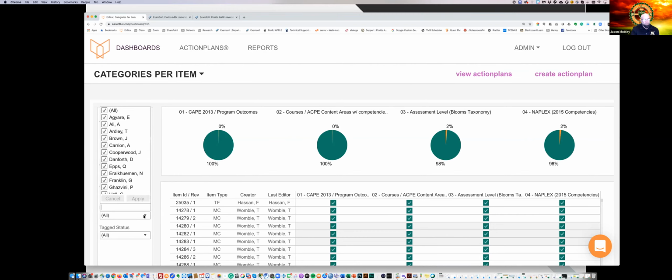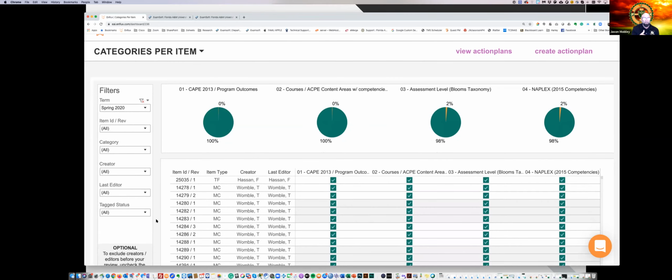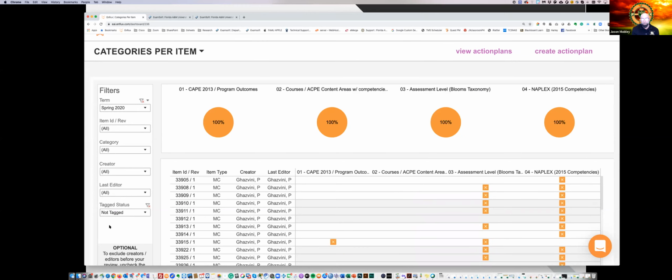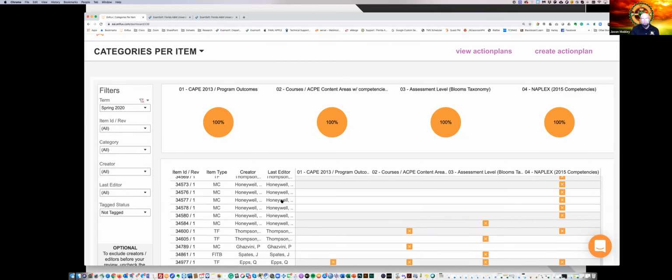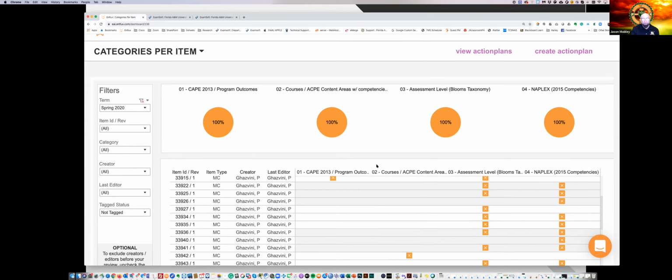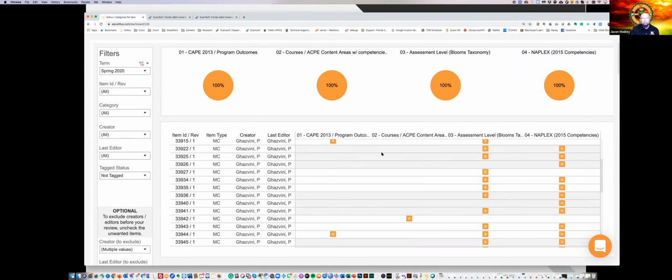Last editor, same thing, and then tag status. I find that tag status is the most powerful for me. So I like to say, okay, show me not tagged. Of course, green is good, orange is bad, right? So here are professors in the current semester that haven't tagged items.